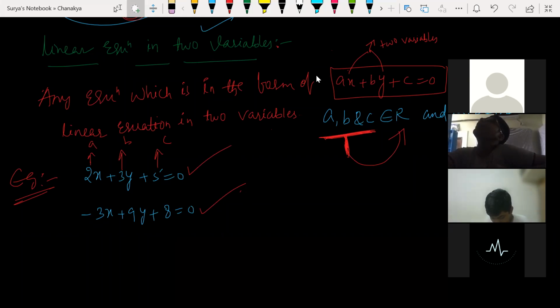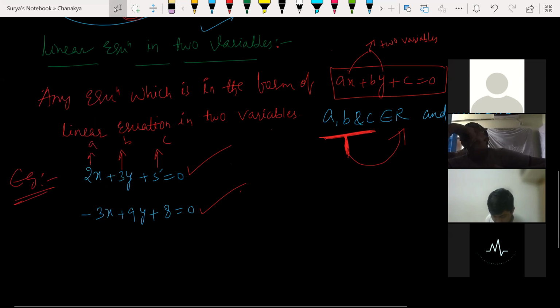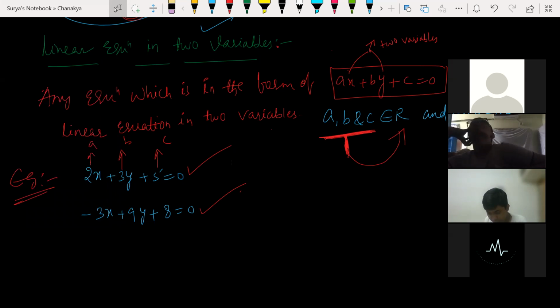I'll be making sure to show the entire screen, and I might not be looking at your Zoom app again. Once I switch back to the OneNote, I might not go back to the Zoom app and look at your waiting list. That is not going to happen. If you are in concept, I'll be in concept only sometimes. That is the basic principle of teaching. Getting my point? So please try to be on time.